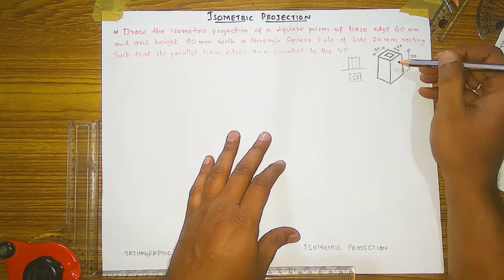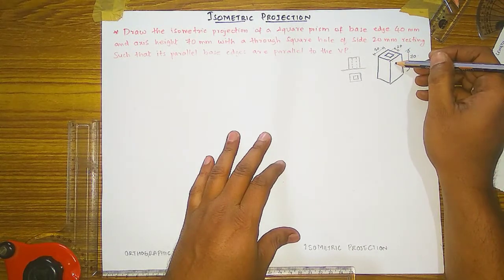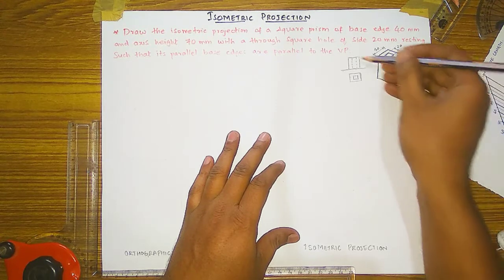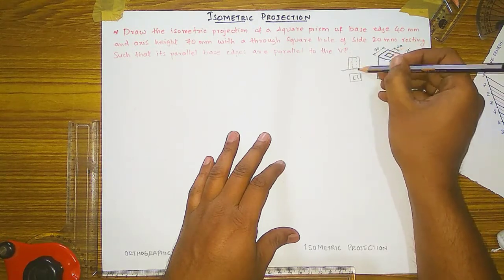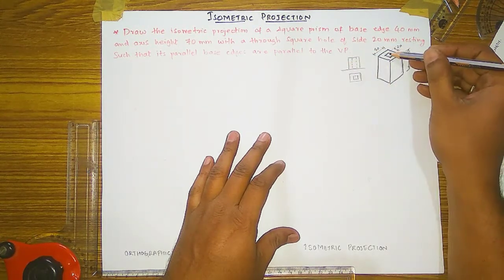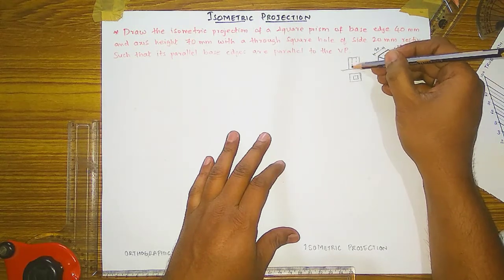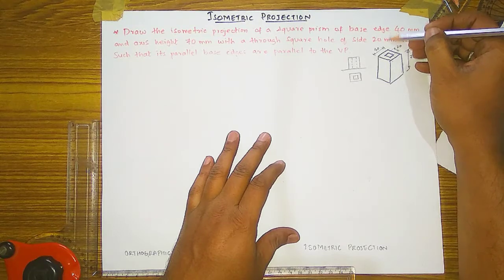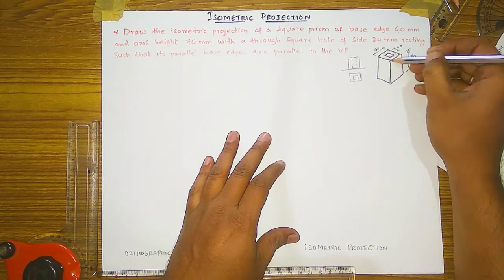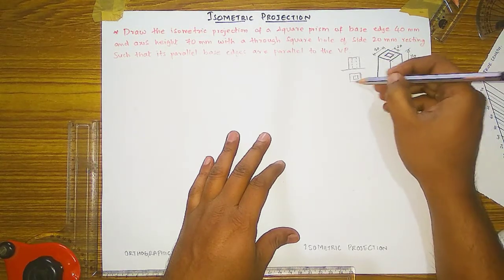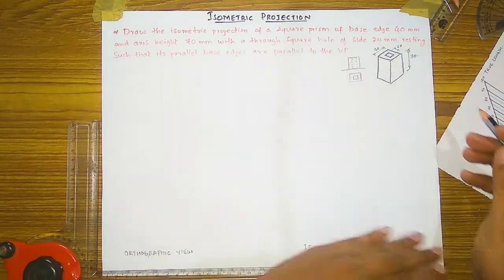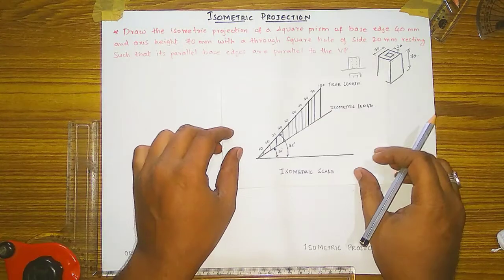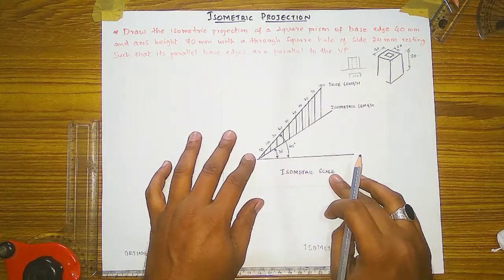And if you see this square prism from the front, the view will be like a rectangle shape, and this cutout section will be the dotted 20 mm distance. Then if you see this prism from the top, you will have two squares of 40 mm and 20 mm.